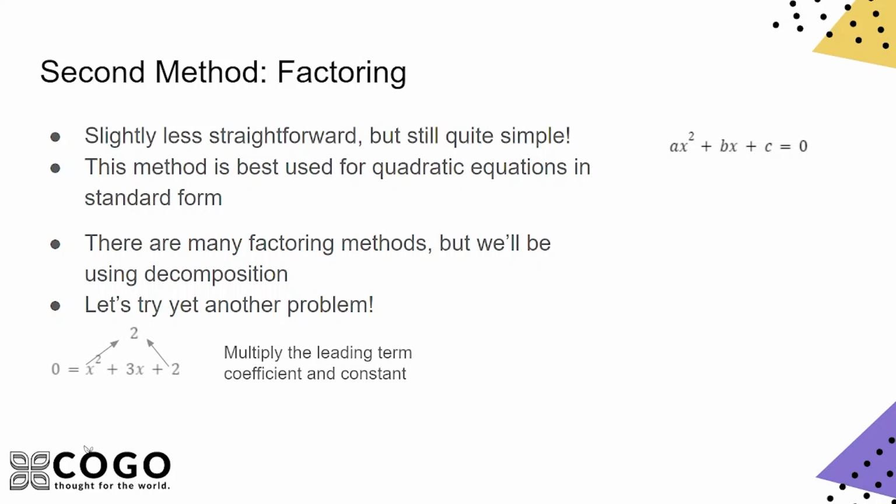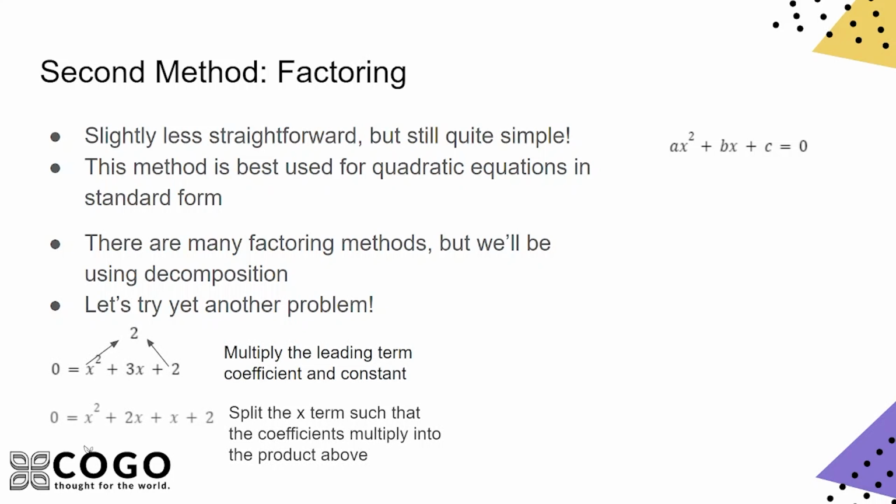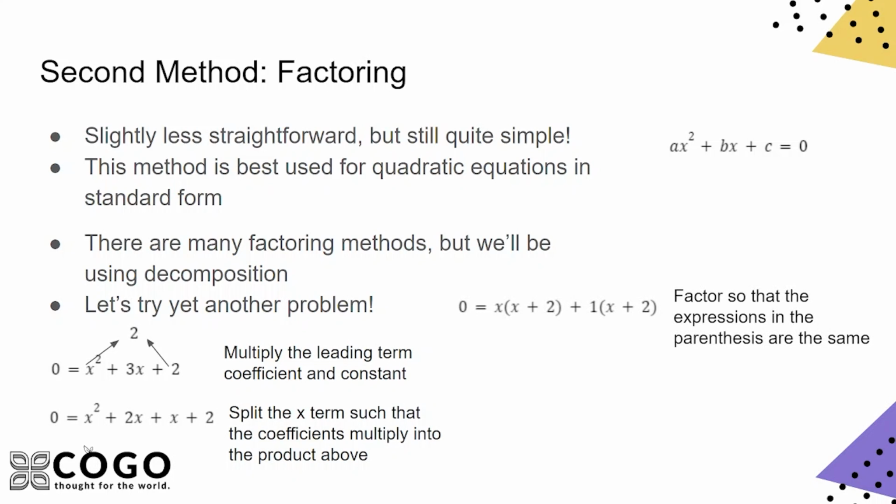The first thing you want to do is multiply the coefficient of the leading term by the constant term, which in this case will result in a product of 2. The second is that you want to split the x term such that the coefficients multiply into the product that we have just found, but also add up to the x term in the equation. For this example, that will be 2x and x, because the coefficients multiply into 2, and they both add up